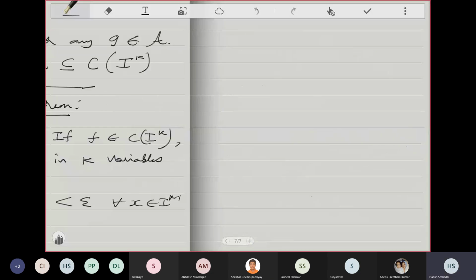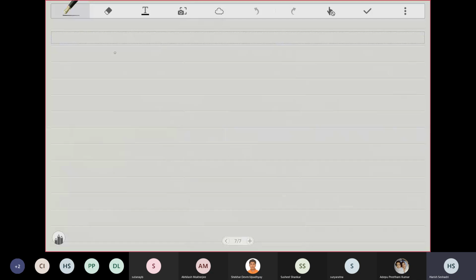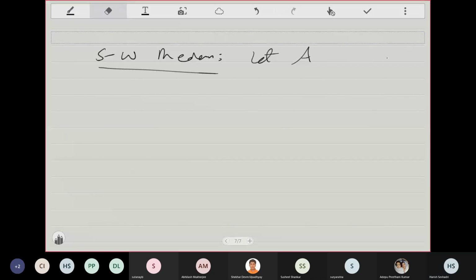The Stone generalization of this is, so I'll just write SW theorem. Let A, a subset of C(I^K), be an algebra. Suppose,